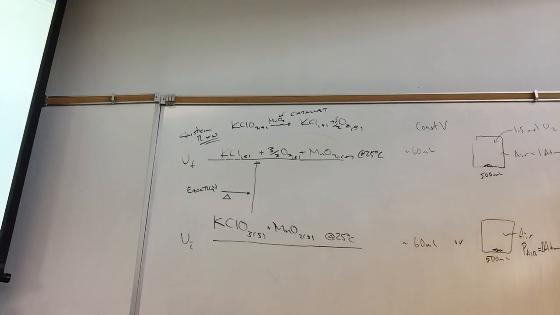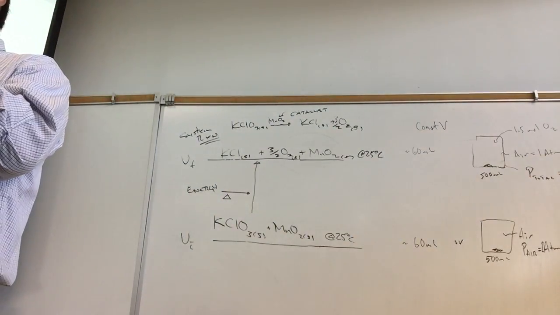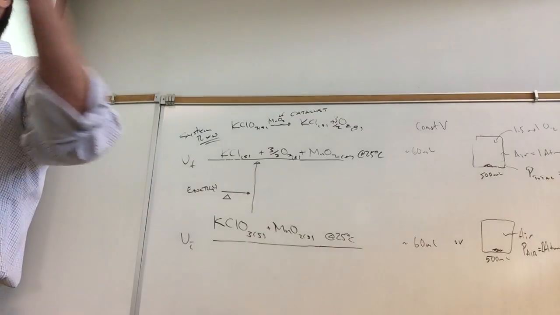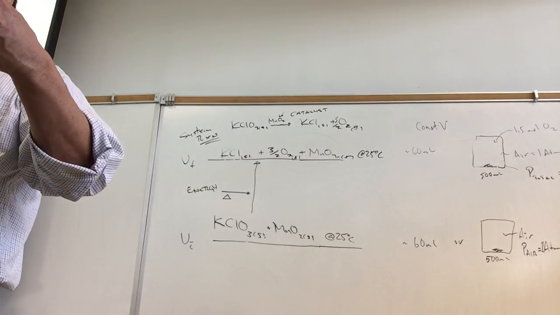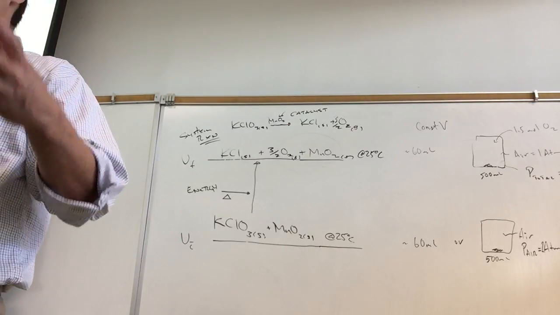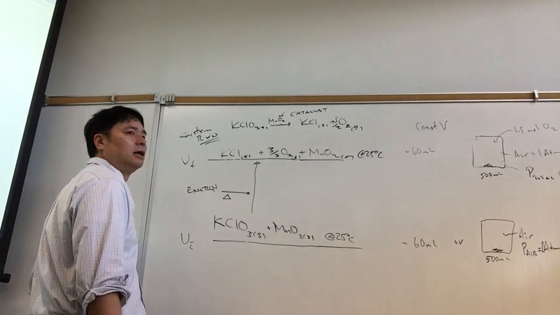And so what does Dalton's law say? Dalton's law says that the P total is equal to the sum of the partial pressures, that is the pressure of the air plus the pressure of the O2, which means the pressure is going to shoot way up. Well, I hope the container's strong, because if the container is weak, what's going to happen? It's going to explode. It's going to be a pressure explosion versus a proper chemical detonation. You build up too much pressure, and if the container is not strong enough, the container is going to break.